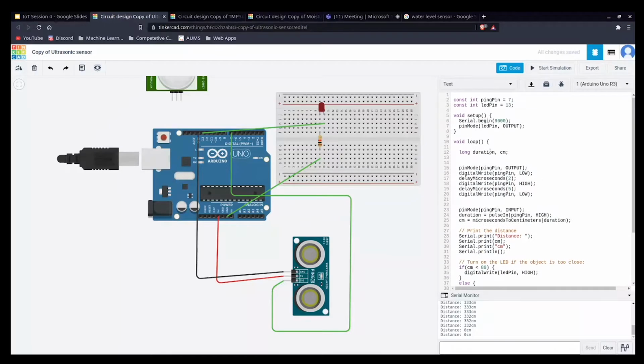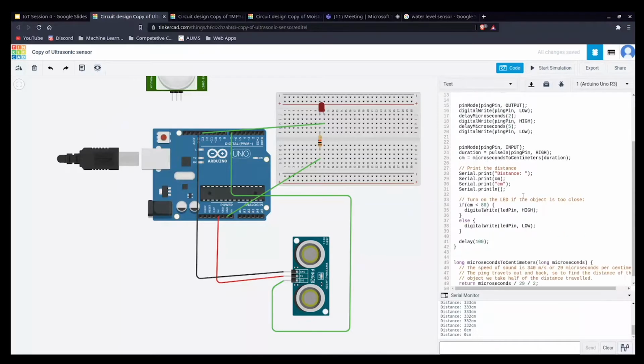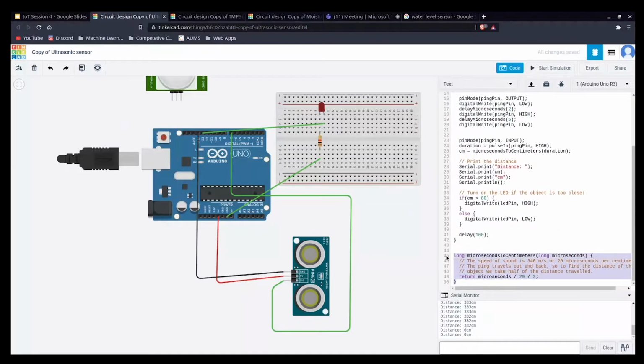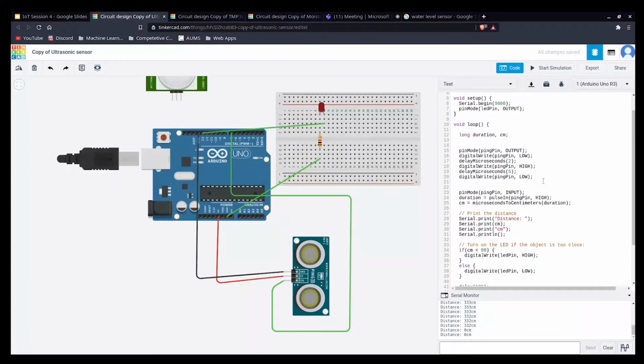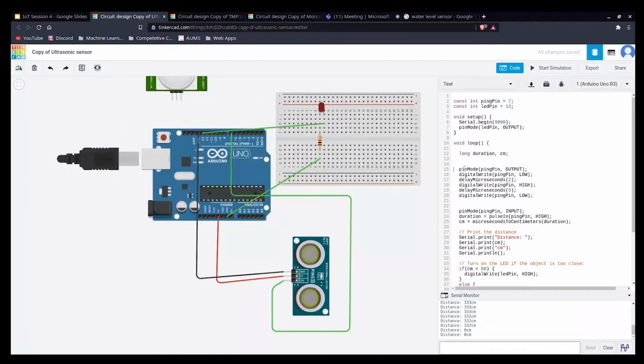Here we are declaring duration, the time duration which we'll be getting. We'll be taking input from the sensor, and afterwards we'll use another function for converting it into centimeters. We have declared pin number 7 as output. As you can see, this loop gets executed continuously. It repeats itself throughout, until we disconnect the power from the Arduino.